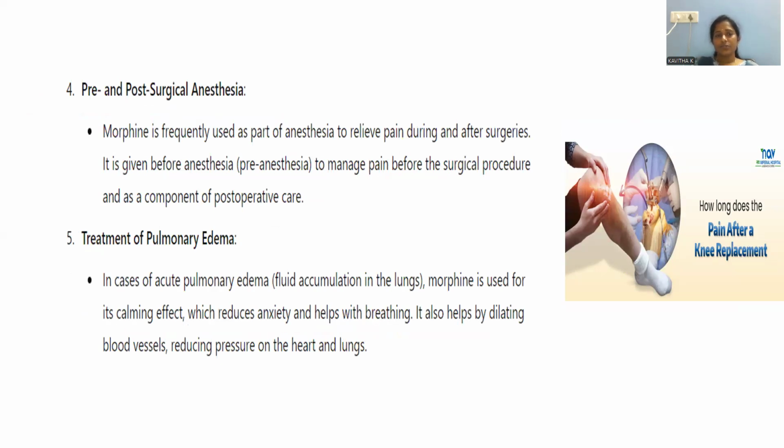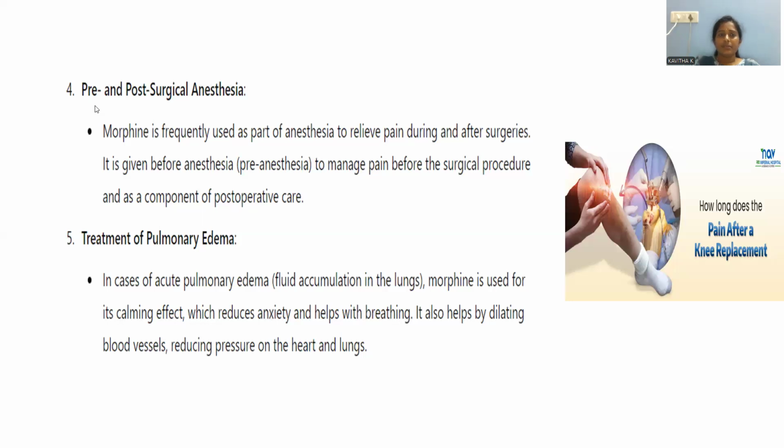Pre and post surgical anesthesia. Anesthesia is the drug which works upon the functioning of the brain and its nervous system. The nervous system includes the spinal cord, the central nervous system, and the peripheral nervous system. This anesthesia is a drug which suppresses the activity of the brain and the nervous system for some time. As much time as we require, that much dosage is required to be consumed in order to make the organs temporarily unconscious. So at that condition, pre and post surgical anesthesia is very essential.